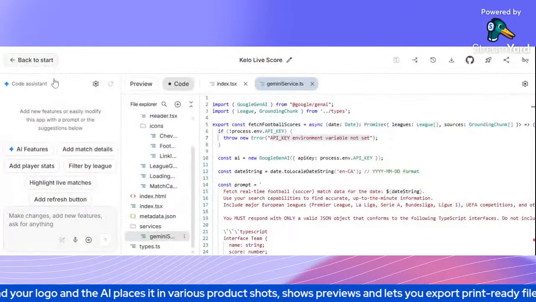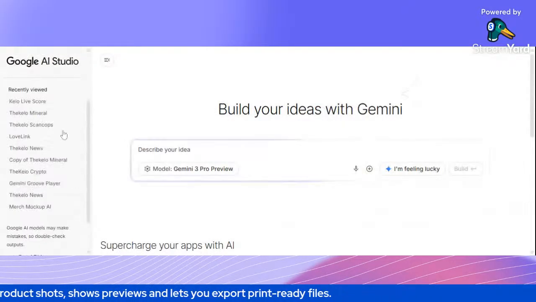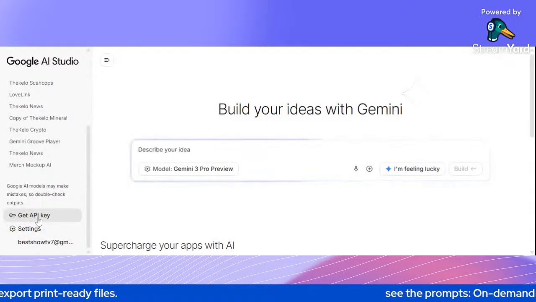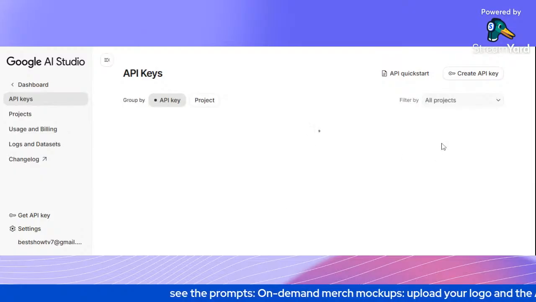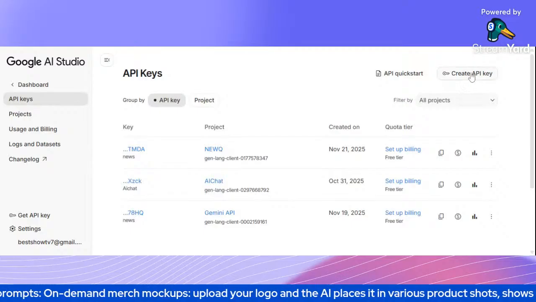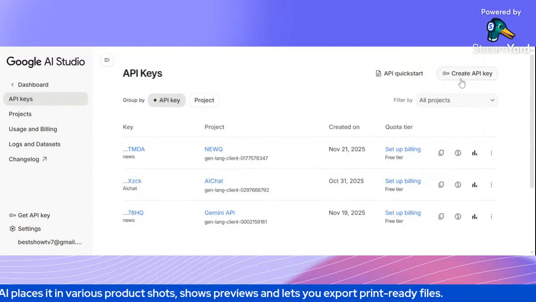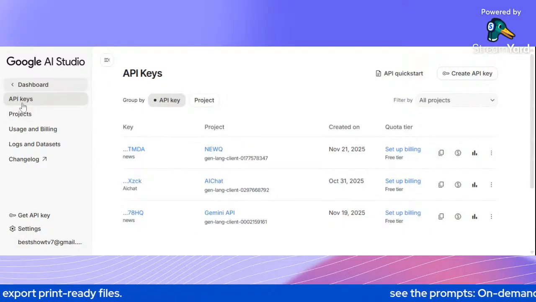You can see my app has been downloaded. So from here, you go down, you can see API key from here. You click on it and it takes you to, you can see from here, create API key. So these are all the ones I created. So for you, you can create your own Gemini API key just like this. I copied and I go back